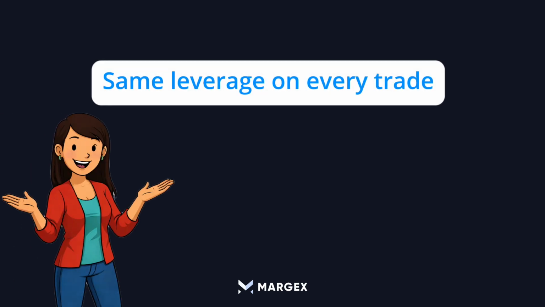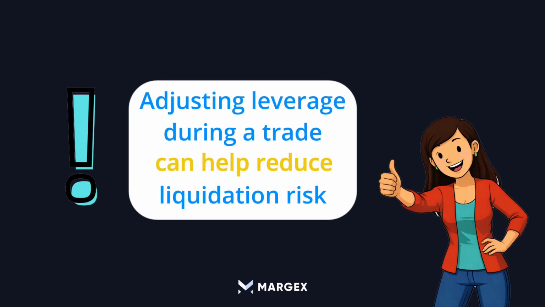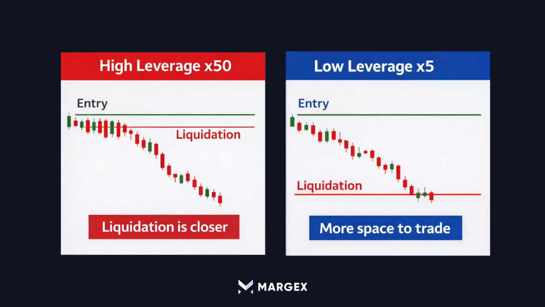Using the same leverage on every trade is one of the reasons traders get liquidated in leverage trading crypto. In crypto leverage trading, adjusting leverage during a trade can help reduce liquidation risk. Let's use Margex as an example and break down how you can change leverage during an open trade in crypto